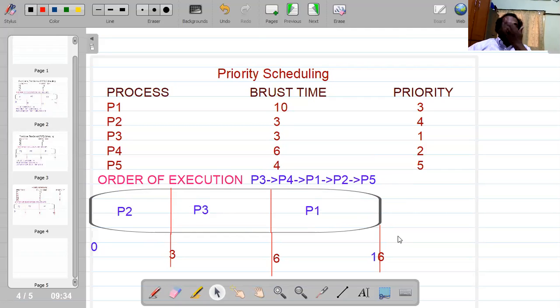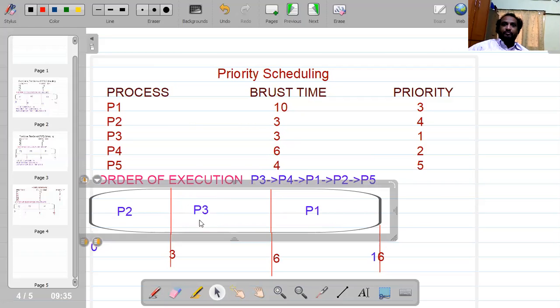So the order of execution will be first P3, followed by P4, followed by P1, followed by P2, because based on the priority, this is how it is going to do things. So if we classify the things in the same way,